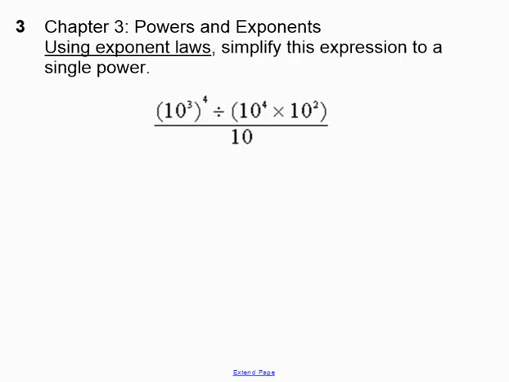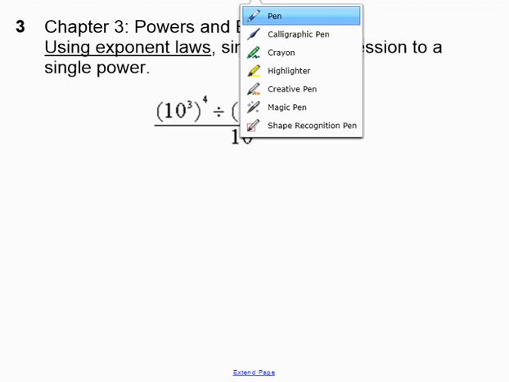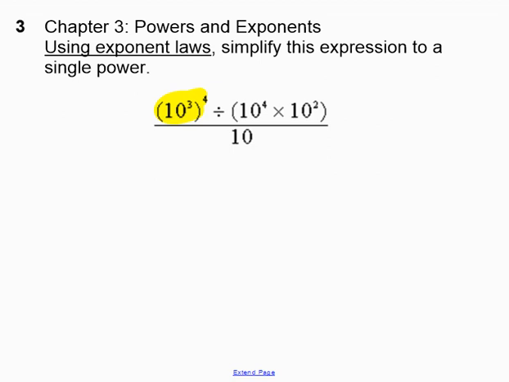Question 3, it says, using exponent laws, simplify this expression to a single power. Well, let's take one part at a time. We're going to start with this part right here, because that's an exponent to a power. And the rule is, when you have an exponent to a power, remember, 10 cubed to the exponent of 4 would be 10 cubed